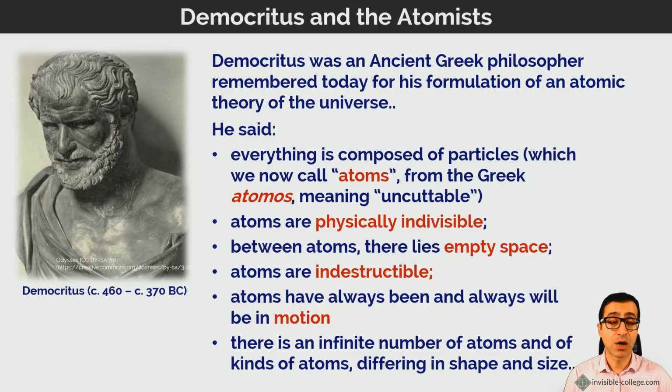It was simply arrived at as a result of philosophical argument between the atomists like Democritus, who believed that matter was composed of physically indivisible particles, and everybody else who considered matter to be essentially infinitely divisible. So you essentially had two groups of philosophers, one of which thought that if you took a piece of matter and divided it down the middle, and then took one of those halves and divided